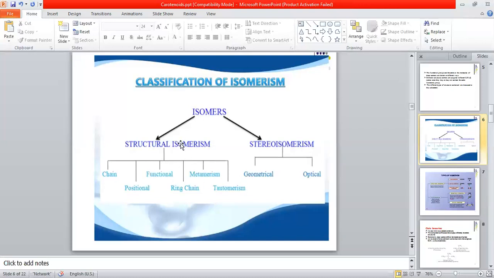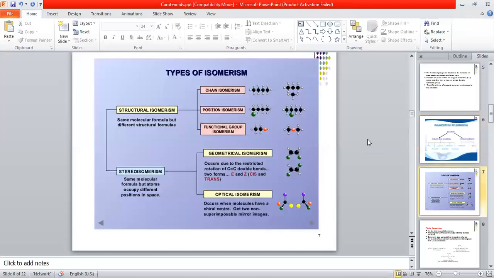This structural isomerism is very easy for all of us. Now this is another thing through which we can get some knowledge about isomerism. What is structural isomerism? This is a small description of these things. Everything is mentioned here, and I will explain this example. Just focus on this slide.